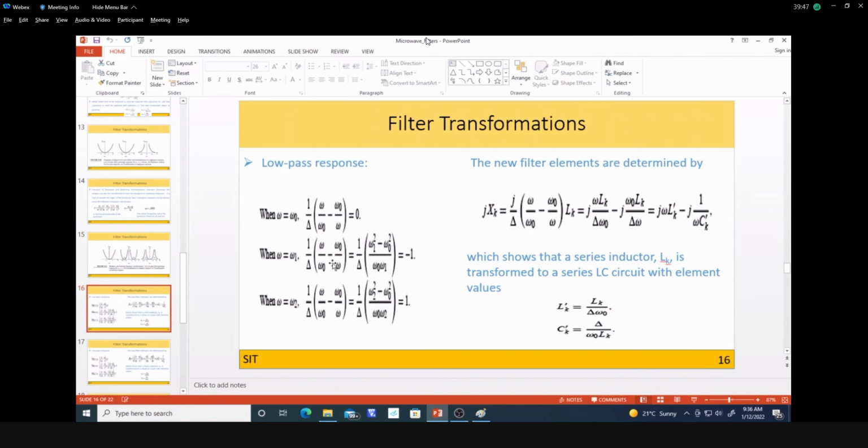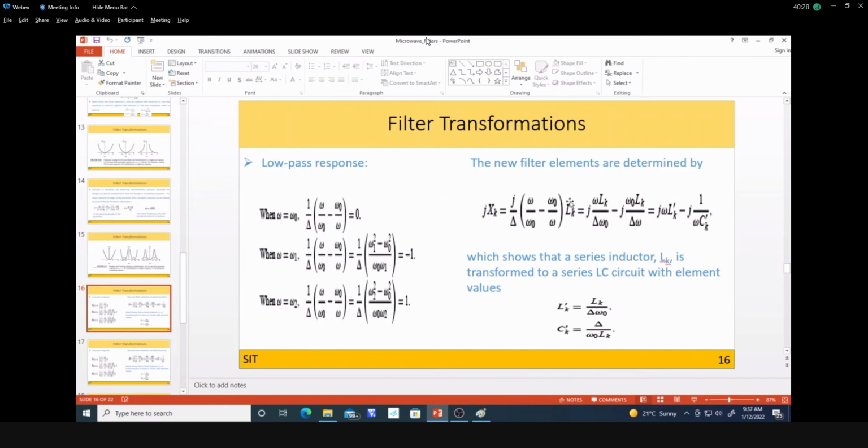When omega equal to omega 1 you have to use this transformation, and when omega equal to omega 2 you have to use this transformation. For the new filter elements, as earlier, we have to find the susceptance based on the inductance value or capacitance value, so the reactance and susceptance. If I have the reactance, that is a series element, the inductor, so we need to take this transformation and put in the corresponding values of the cutoff frequency and the edge frequencies, find delta, and finally put in the values to get the transformation. This is how we can find the reactance.